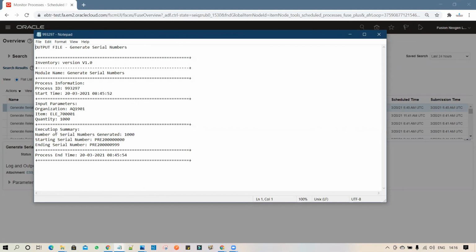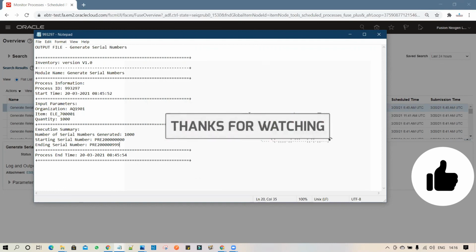In the execution summary, the number of serial numbers generated is 1000, starting with pre, the prefix we set at the item level, and the starting serial number and the ending serial number with the 999. So this is how you can achieve this requirement within Oracle Fusion Cloud.